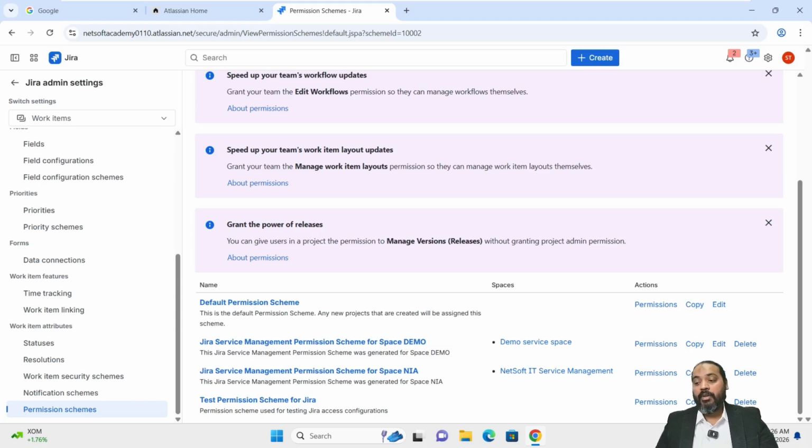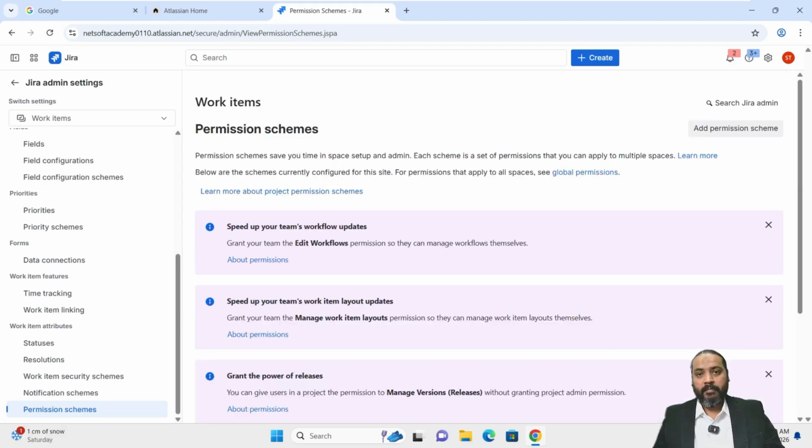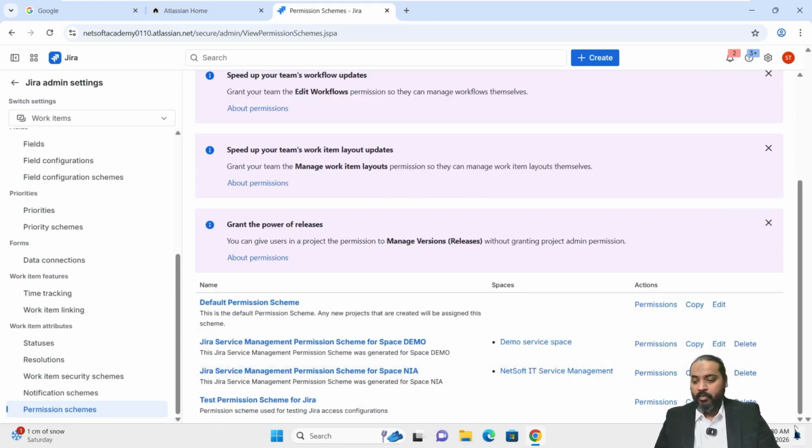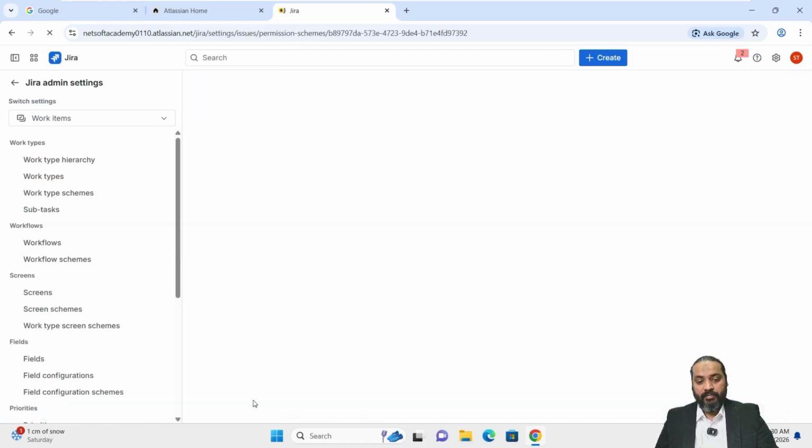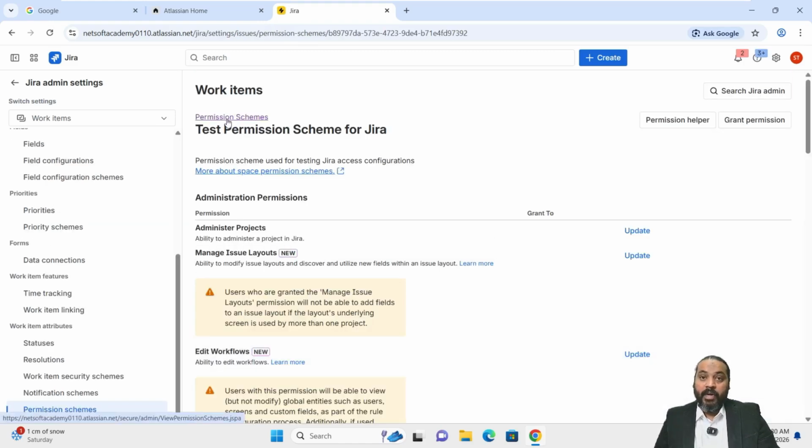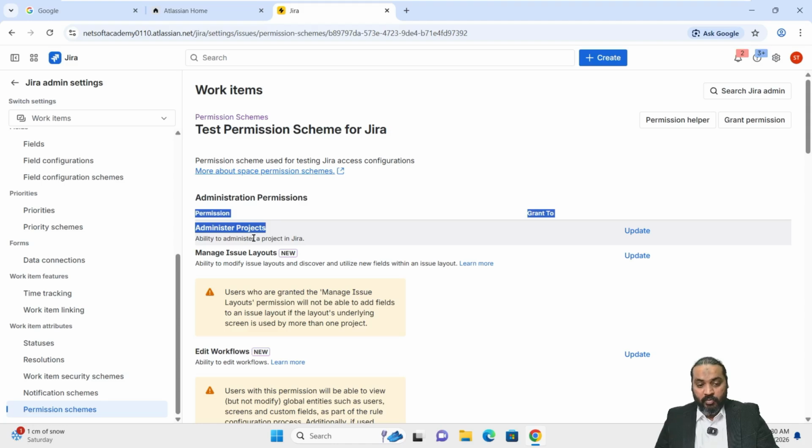In this task, we are going to add users, groups or roles to a permission scheme. Now let's move ahead. We'll scroll down and we are going to click on the test permission scheme that we have just created. Click on this. On the work item page of the test permission scheme that we have created, click on update next to administer projects. Click on update,